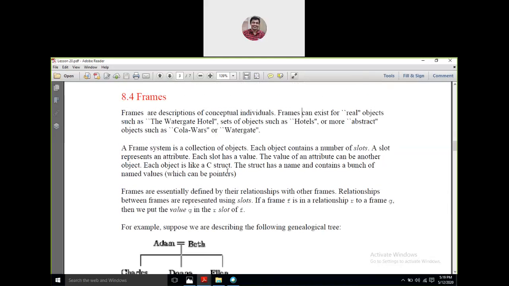हाँ, तो हम यहाँ पे थे। If I'm talking about the relationships between the frames, in a nutshell, frames comprise slots. Slots can have values. Those values are called attributes, right? Fit and fine. Now, relationships between the frames can be established by using the lowest level part of a frame. We call it the slots. So if I'm having a frame F which is having a relationship R to a frame G, then what am I going to do? Now I'll be putting this G in the Rth slot of F.